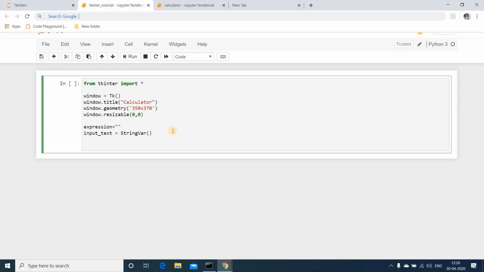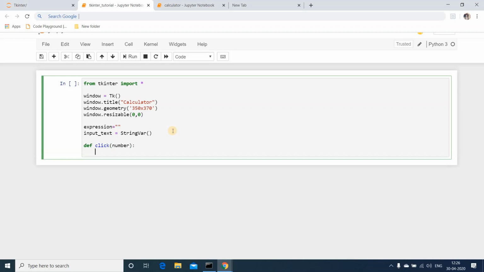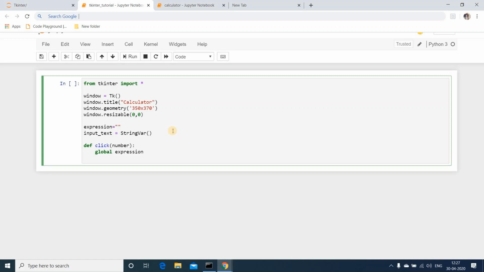And the next part is we have to define the functions. I'll define the first function, def click. I'll pass the number. Define the variable expression globally.